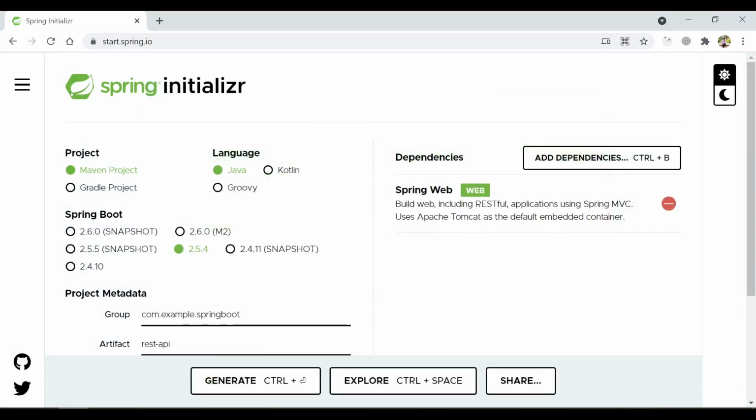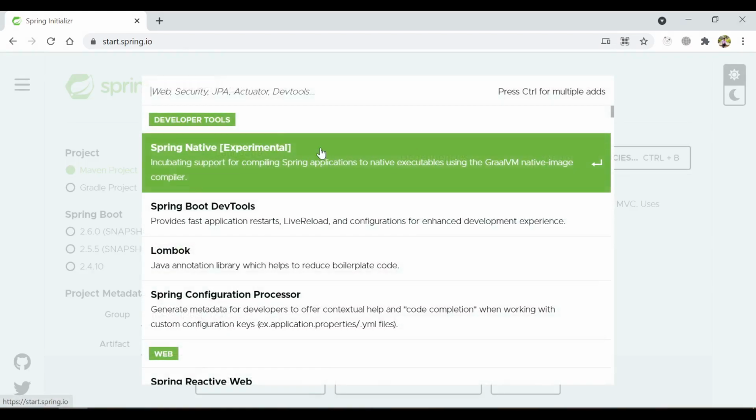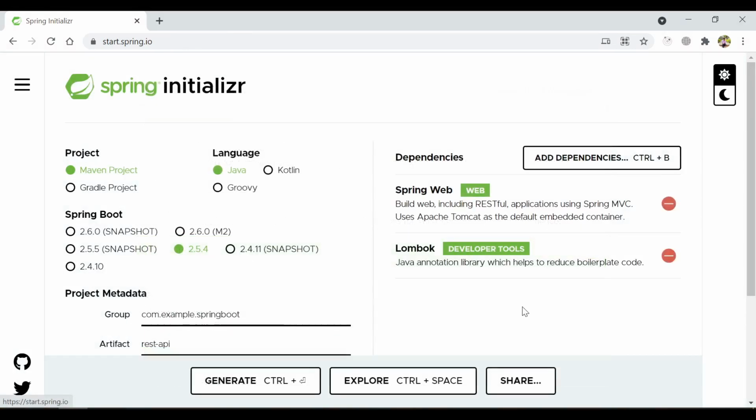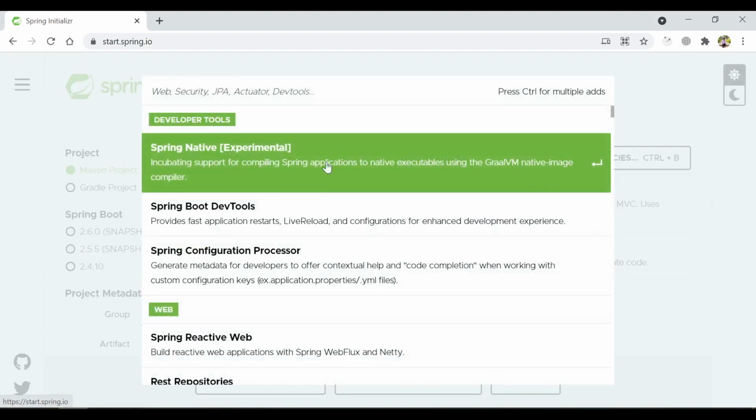The Spring Web enables us for web development, including web applications and the REST API. You can see the definition here. Next I am going to choose Lombok. Lombok is very essential. It removes the boilerplate code when you are dealing with getters and setters of your model and many other cases.